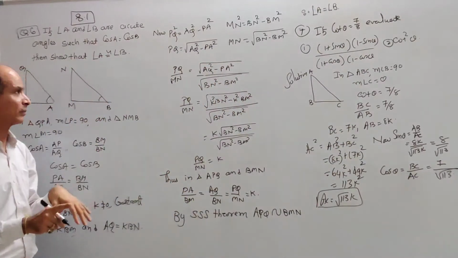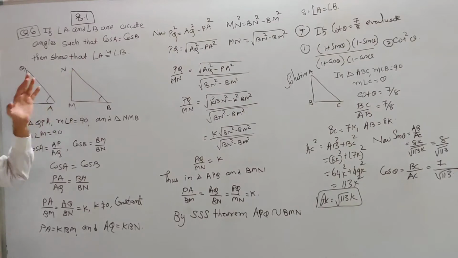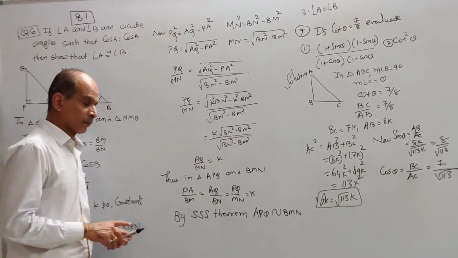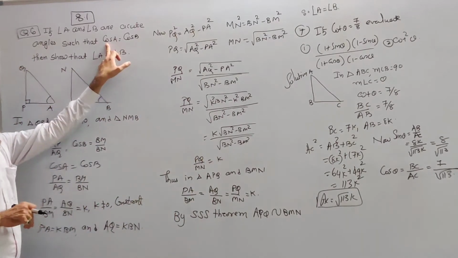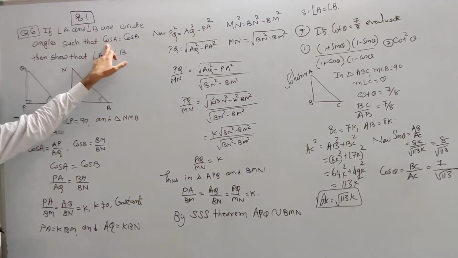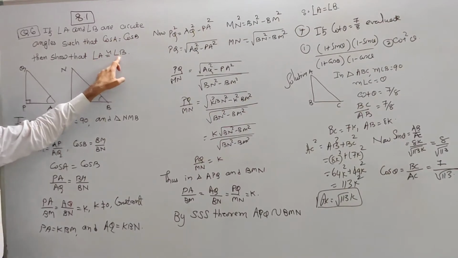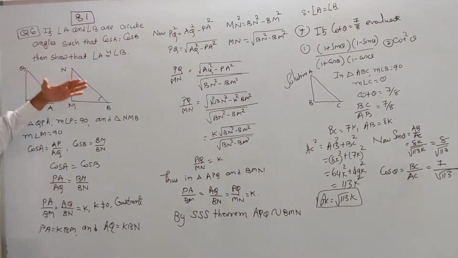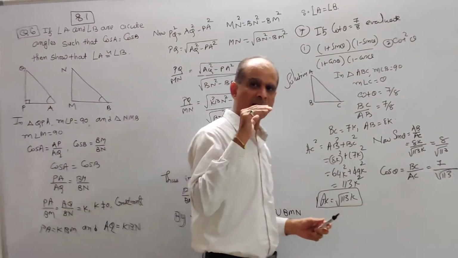And your aim in this example is to prove angle A congruent to angle B. So let me revise this example. What is given to you? Cos A is equal to cos B is given to you, and your aim is to prove angle A is equal to angle B. In this way you can solve this example. Well, now let me start example number 7.